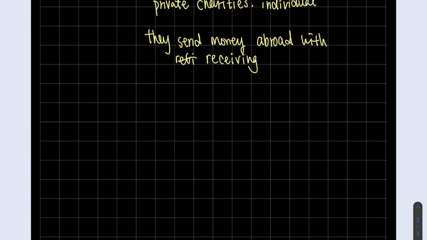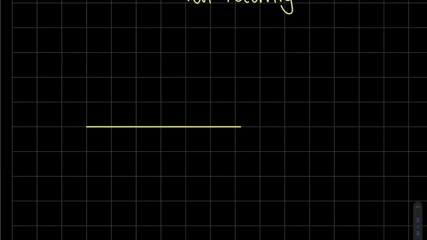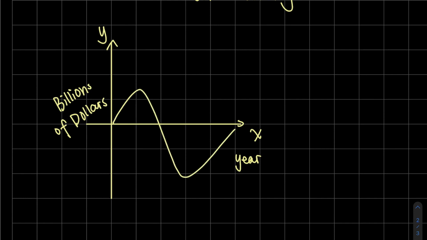And then the trade balance in historical and international context. Let me show you in a graph. So how do we understand that concept graphically? If we use the y-axis to represent billions of dollars, and the x-axis to represent the year, we can say that it's like